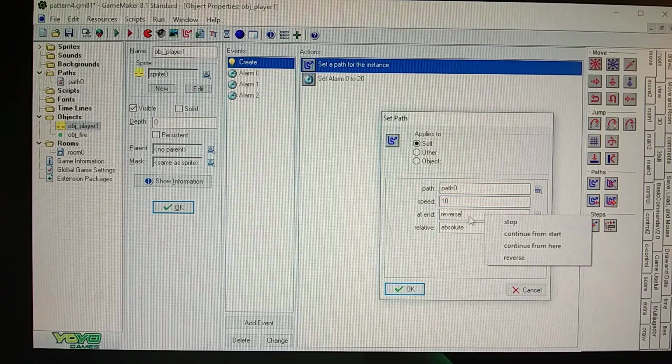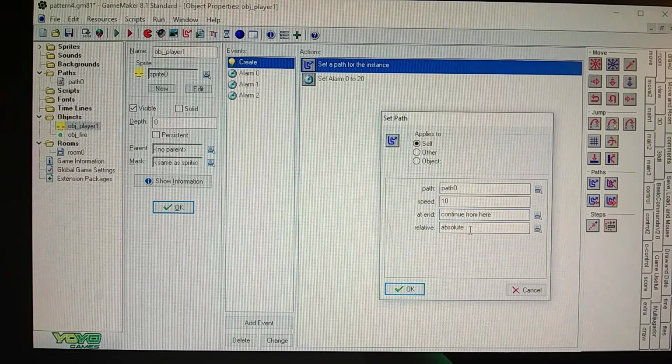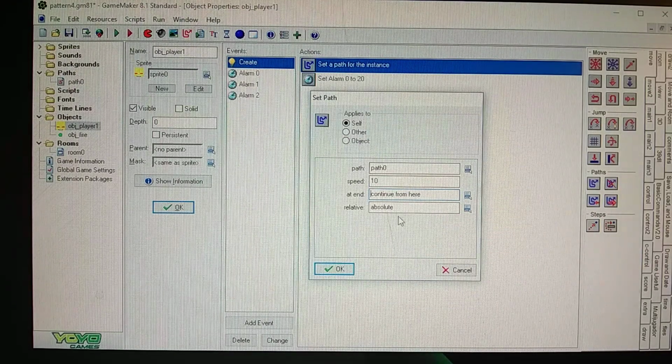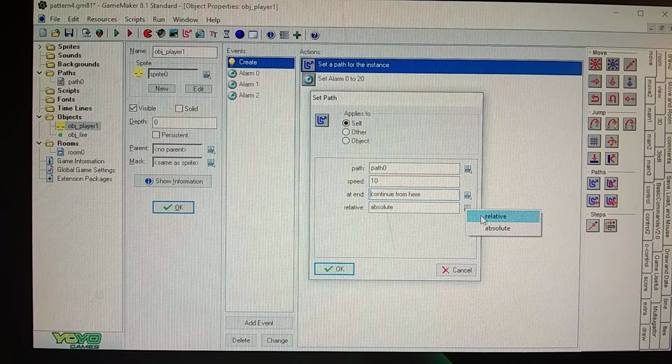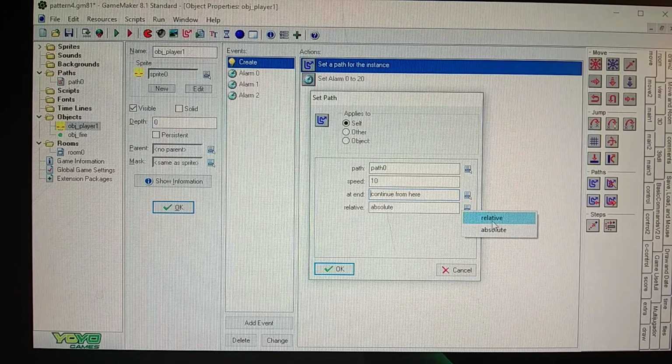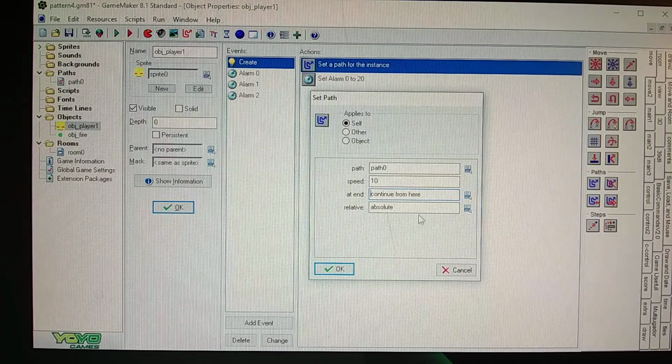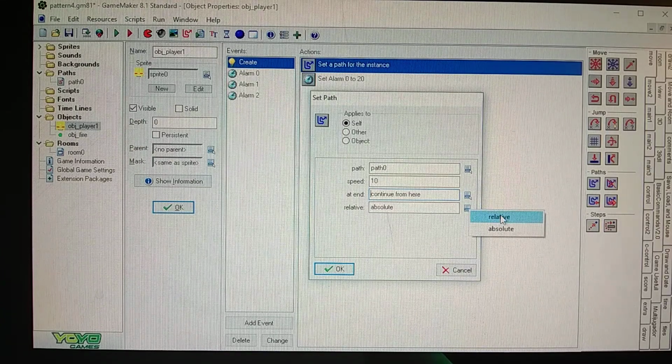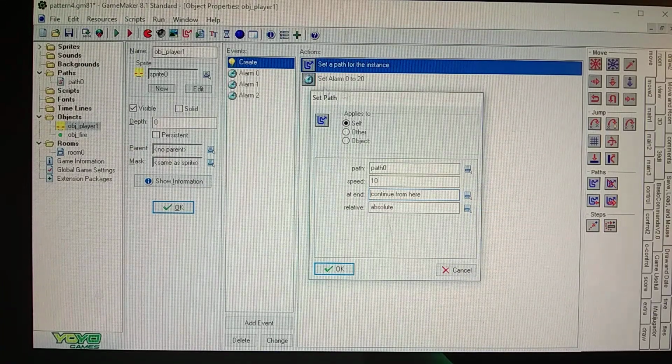Then if you want to do reverse or continue from start or from here, be sure on your paths for GameMaker 8.1 that you choose absolute as your relative. Do not choose relative because it's going to show multiple players come out on screen. I'm not sure why it does that. I know with GameMaker Studio I can just leave this relative and it worked fine, but with GameMaker 8.1 you want to make sure it's set to absolute because relative will show multiple players come out on screen. I don't know why it does that. So once I chose absolute, it fixed the problem. So make sure that's set to